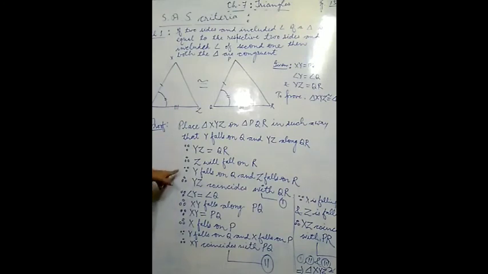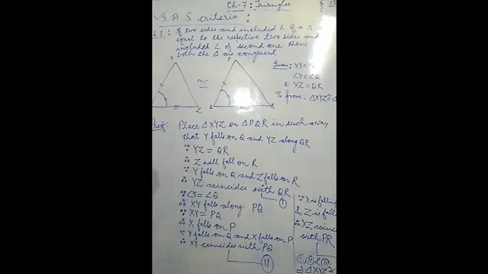Since and therefore, since and therefore. Later on we will try to draw the result for the rest of the criteria. In this way we have proved today the side angle side criterion to verify or justify that two triangles are congruent here. I think you will be able to understand it. I have explained this one two or three times.